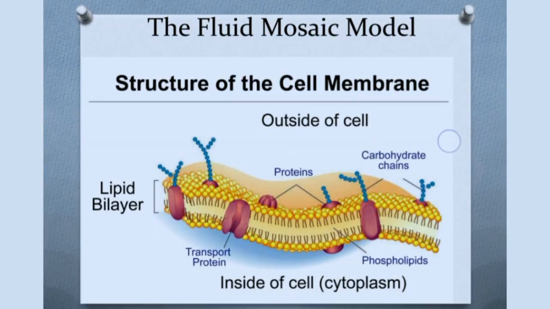Here is the structure of the cell membrane or the plasma membrane. It is also known as the fluid mosaic model. Here you can see that the plasma membrane is made up of proteins. See in the diagram, proteins are shown by the red color, while the two layers of lipid, that is the lipid bilayer, are shown by the yellow color. It also consists of certain carbohydrate molecules. These carbohydrate molecules are associated with the proteins of the membrane. This model explaining the structure of the plasma membrane is known as the fluid mosaic model.